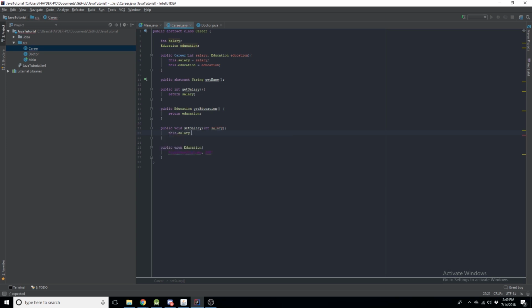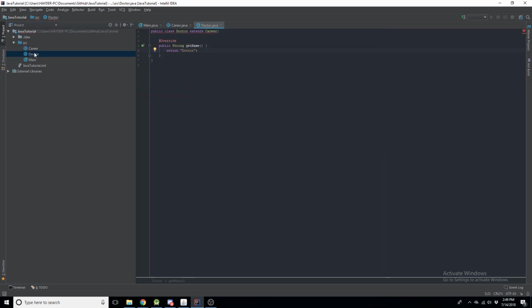This dot salary equals salary. Public void set education, education. This dot education equals education. There we go. So now we have this class, right? So now if we go over here, of course it would probably have to be more, yeah, alright, so now it's matching super. So now if we go over here,